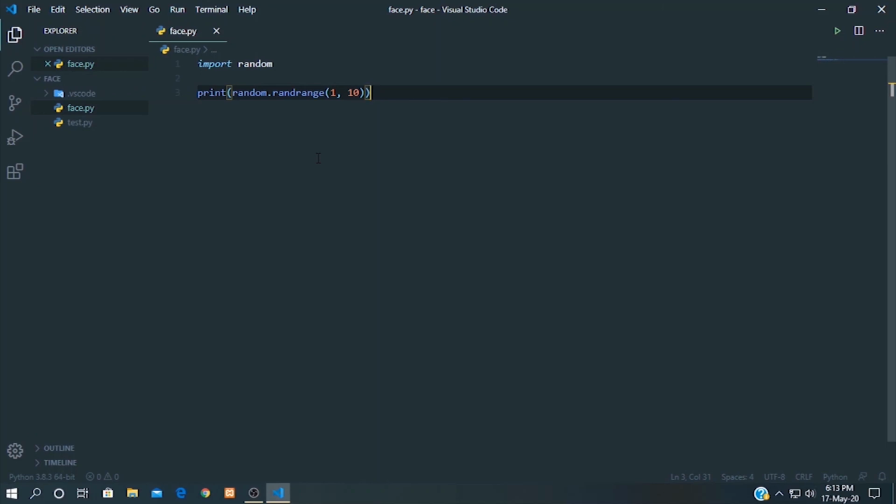We can verify the value type by using the type function, and we cannot convert a complex number to any other number, but we can convert float and integer to complex. Python doesn't have any built-in random function to create random numbers, but there is a module we can import into a file and use to create random numbers.